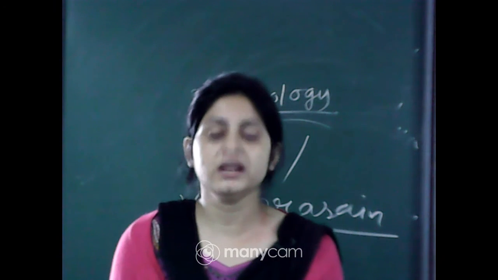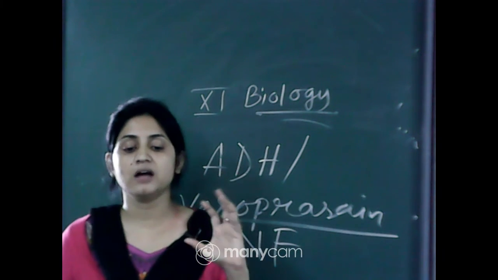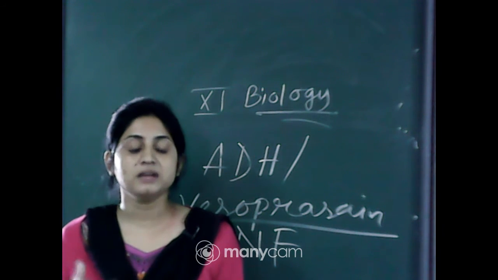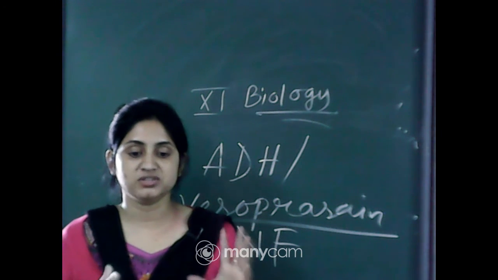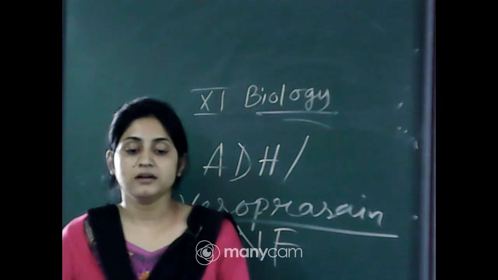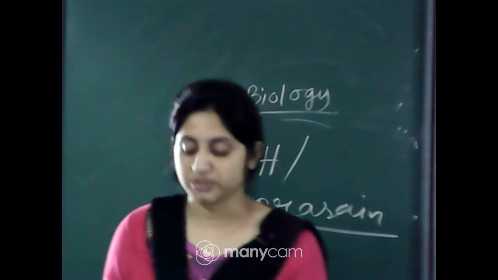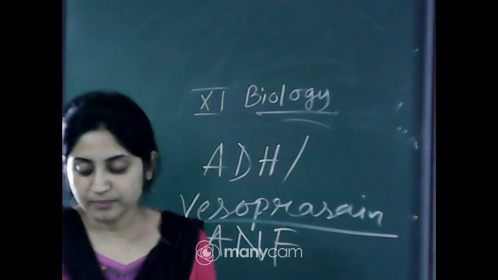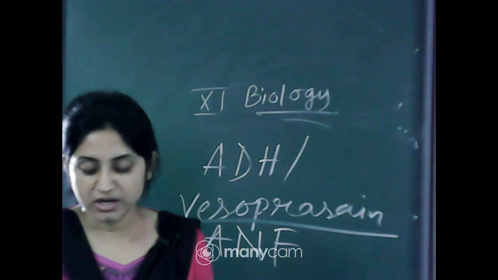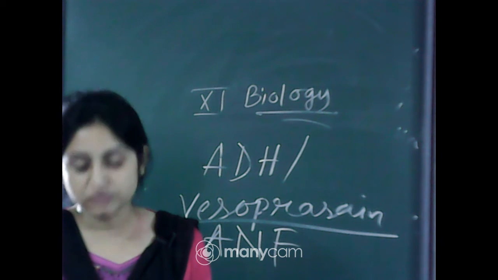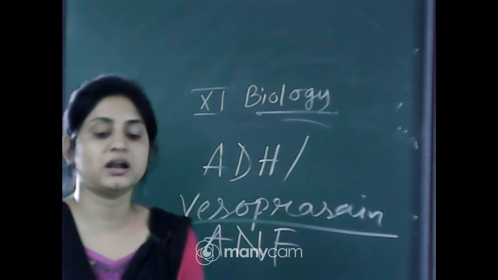Next, micturition. What is micturition? Micturition means the release of urine from our body by the pressure of the muscles present in the urinary bladder. Urine formed by the nephron is ultimately carried to the urinary bladder, where it is stored for some time, until a voluntary signal is given by the central nervous system.